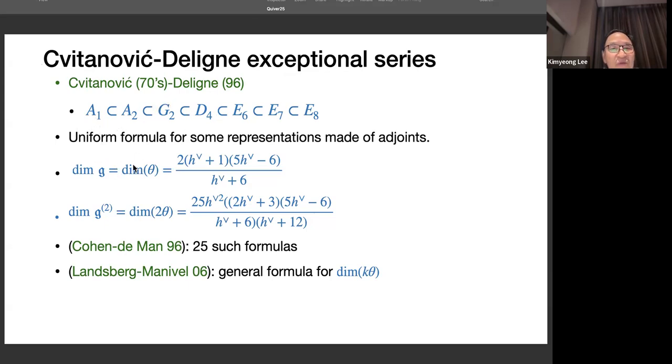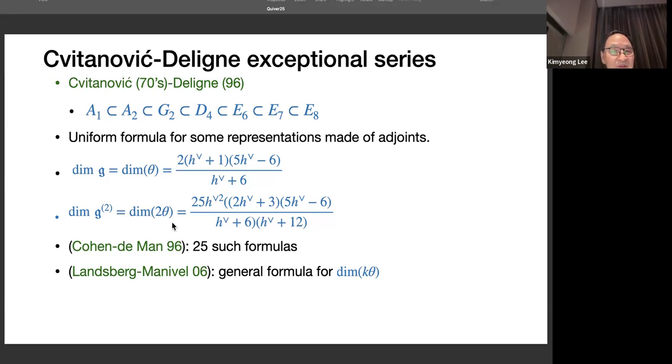Deligne gave a uniform formula for the dimension of these groups in terms of dual Coxeter numbers. And then Deligne also gave the symmetric product of this adjoint representation, among which theta is the highest weight, the highest root, and twice the highest root fixes one representation, and its dimension is again given in terms of dual Coxeter